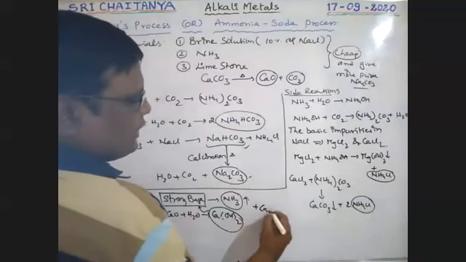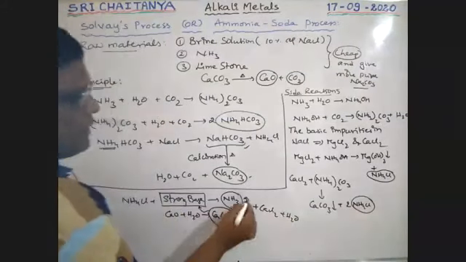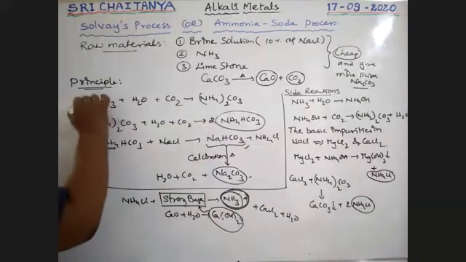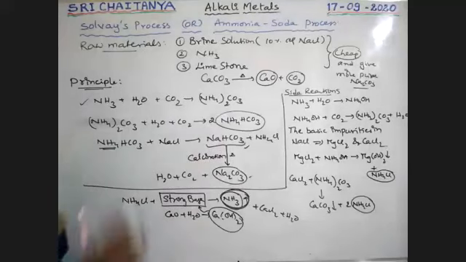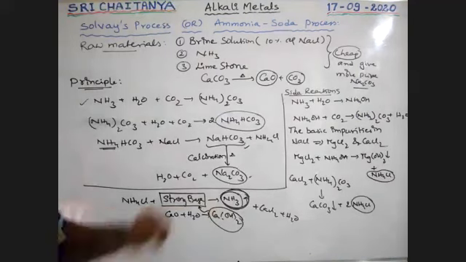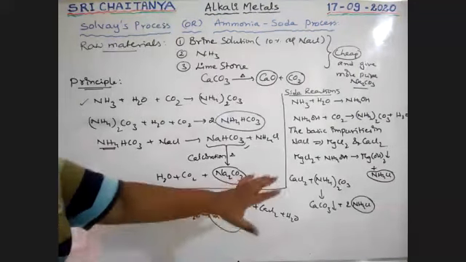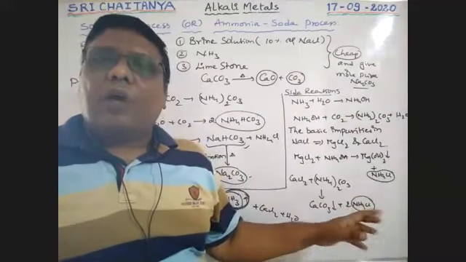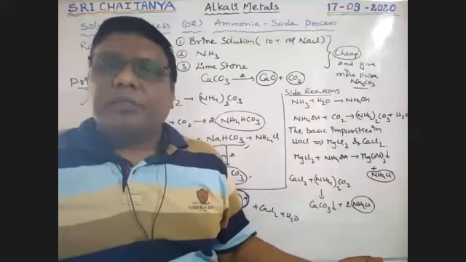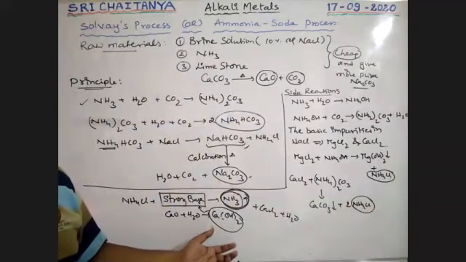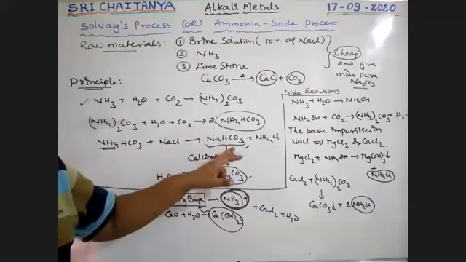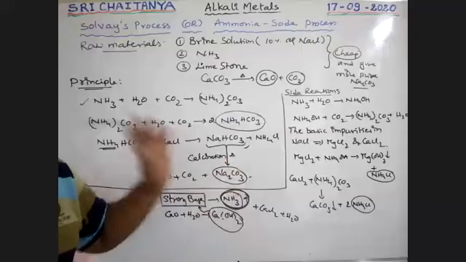So that gives CaCl2 plus H2O. This generated ammonia is regenerated ammonia. It is further used to prepare sodium bicarbonate and also sodium carbonate. So this is the way to remove these impurities, and these are the side reactions. That is the regeneration process, boys. By taking all these reactions, finally we get sodium bicarbonate. On calcination, that is heating, sodium bicarbonate gives sodium carbonate.